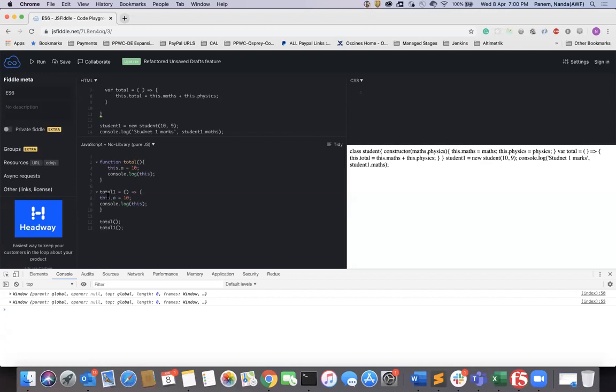And the second thing is, when you're writing an arrow function, this keyword takes its parent automatically. But when you're writing a normal function, this keyword belongs to the current function.